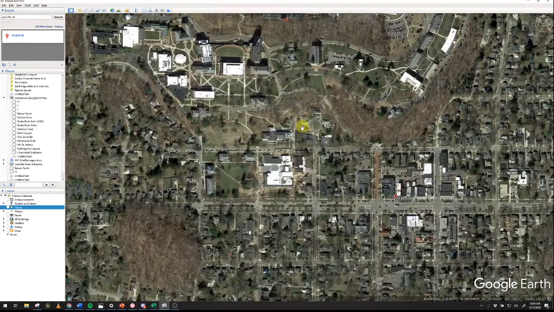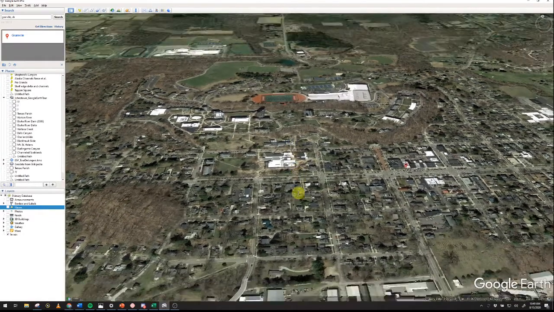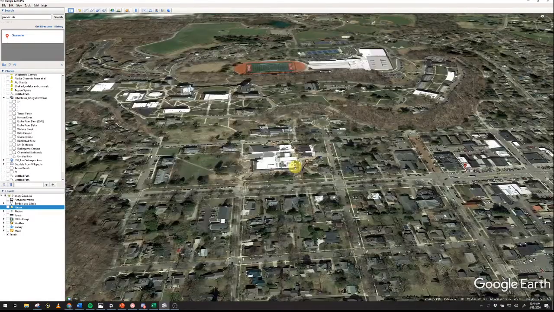If we go to the south a little bit and look at campus from the side, we're accustomed to thinking of campus as a hill, right? But where's the hill? I've got this terrain layer checked, but it seems pretty flat. So if you find this to be the case for your Google Earth view, go into Tools